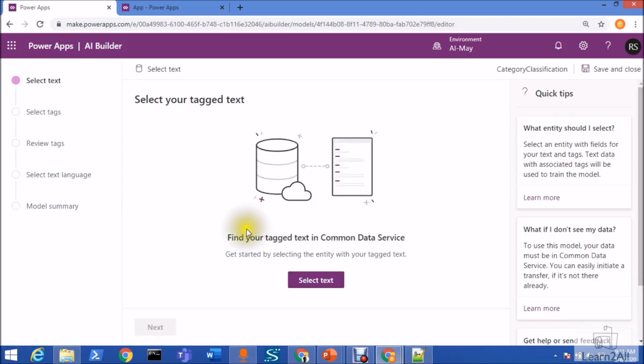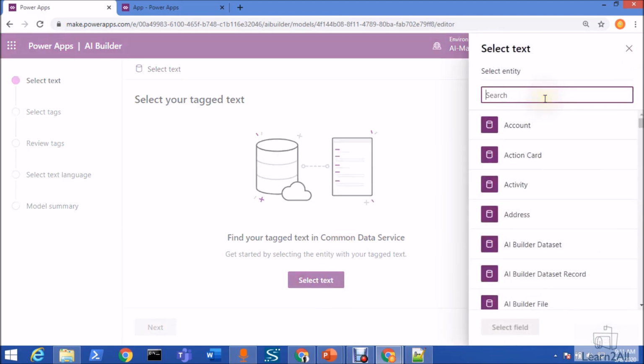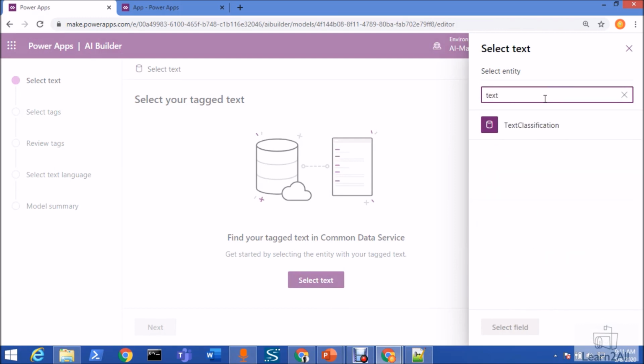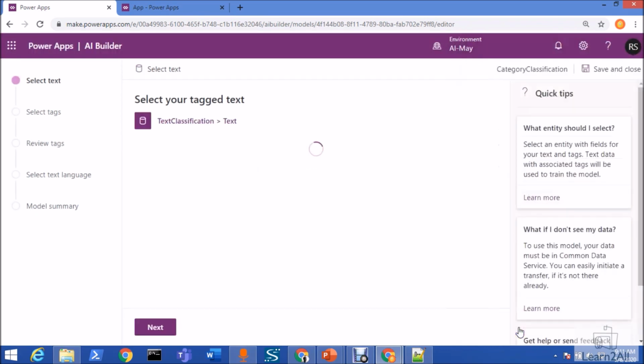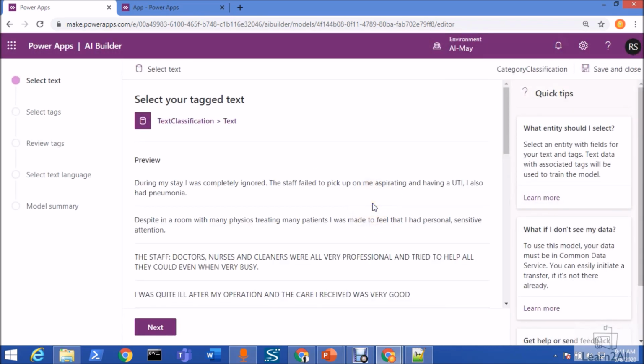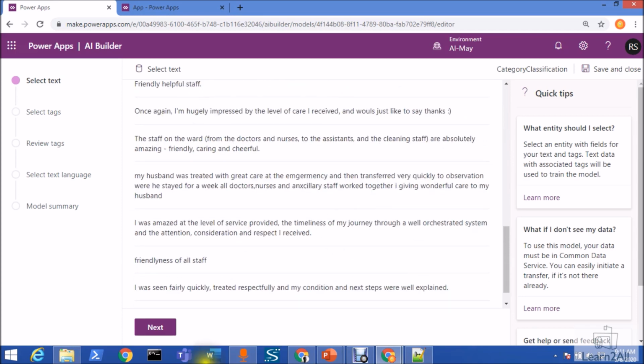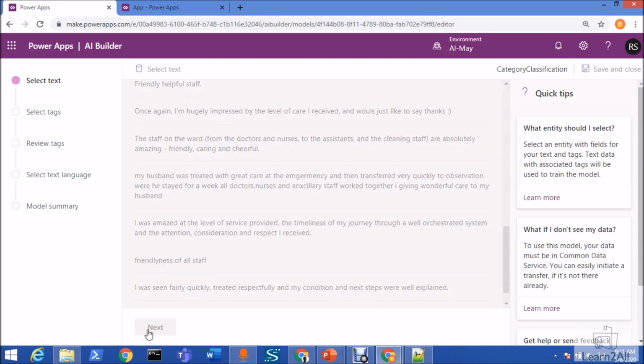Now from here you need to select your tagged text. For that, just search for the entity model that you created, that is text classification, and from here you just need to select your text. So this will show the preview of your text over here. Click on next.